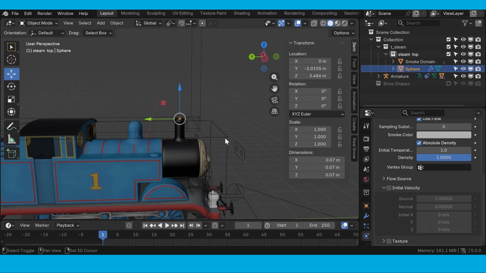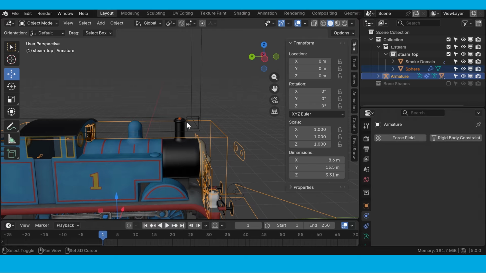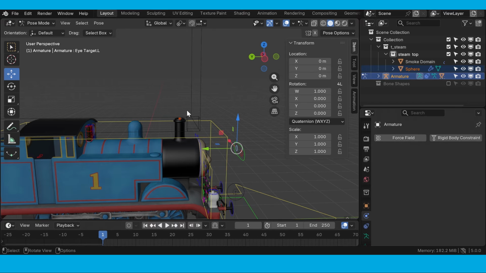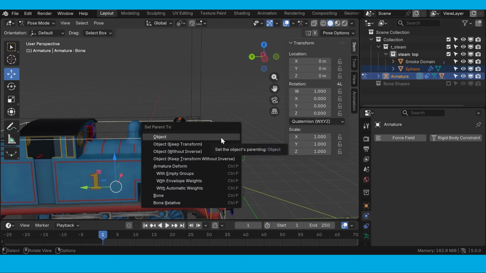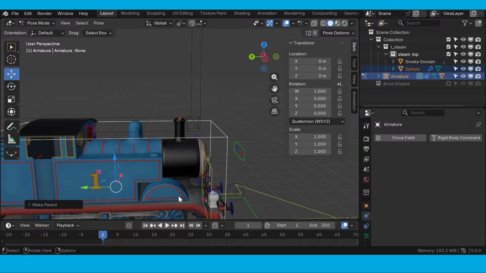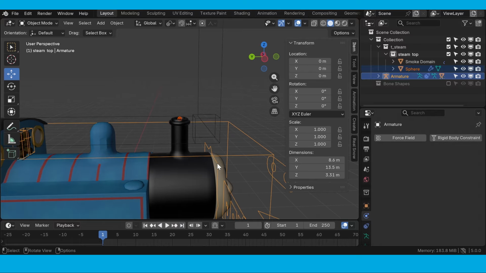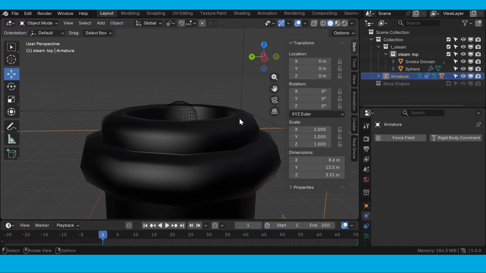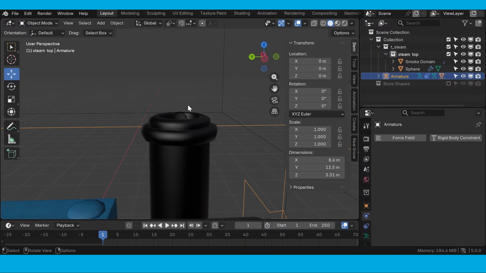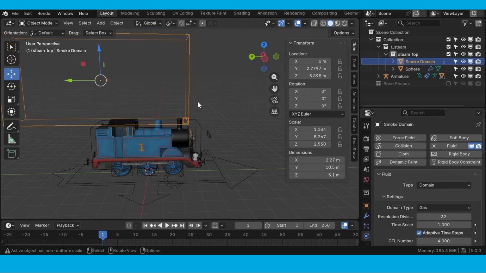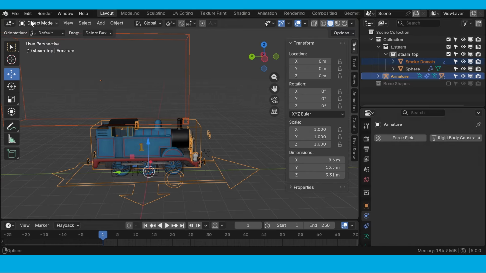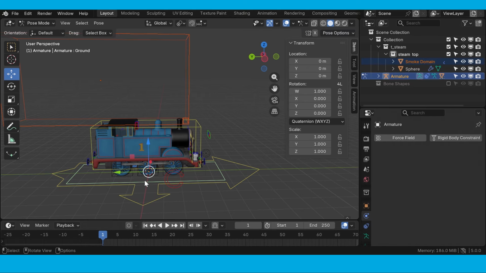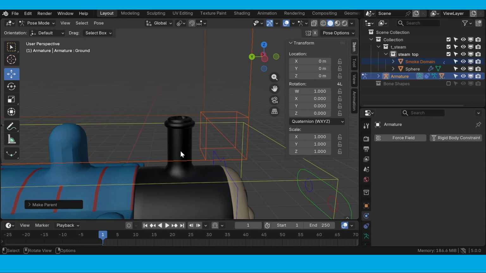First, go to the sphere while holding shift. Click on Thomas's armature. Pose mode. Click on bone. Then shift P to bone. So now this little thing will follow the bone. Now this one, I decided to put it on the ground bone because